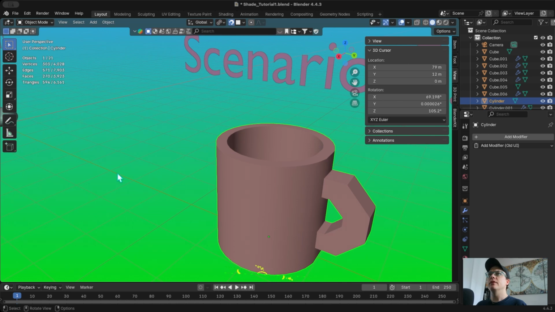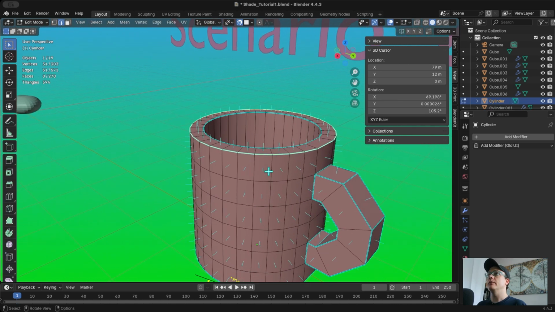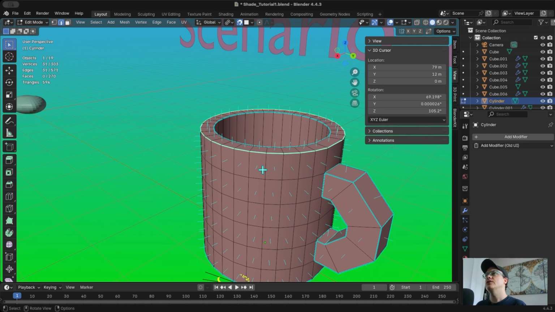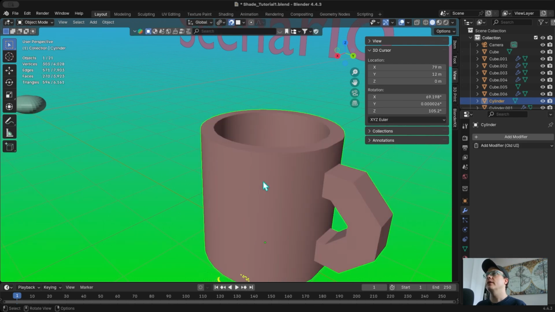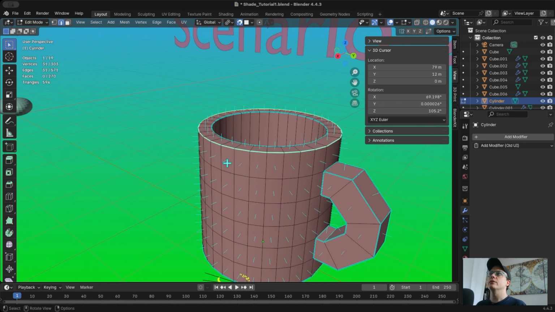But what about this other option, where you can actually go here and manually mark sharp things yourself? Like, let's just say with this coffee mug, we've already applied the shade auto smooth, we've got the shade smooth going on, it looks pretty good. But what if there were certain parts that we also wanted to be excluded from the shade smooth? So what we can do here is we can